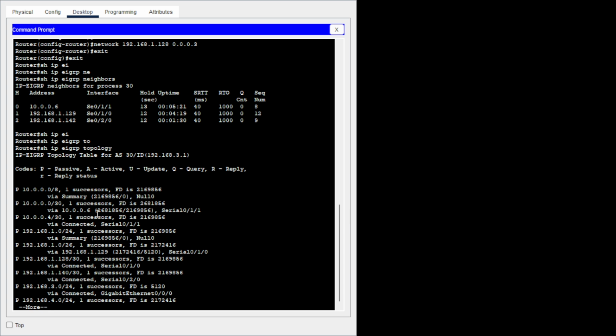So even if we subnetted a particular classful address, whenever the network advertisement is done, it will advertise the classful network as a whole, but not the subnetted version. So that's why here,